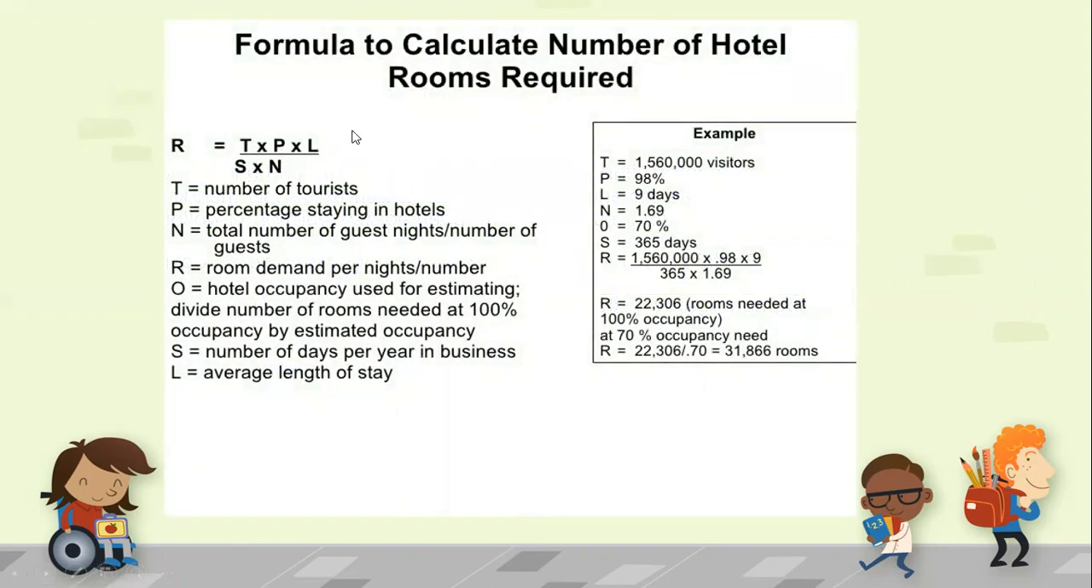Now, this formula is also written as R equals T into P into L divided by S into N. So here R refers to the room demand, T refers to the number of tourists, P refers to the percentage of staying,